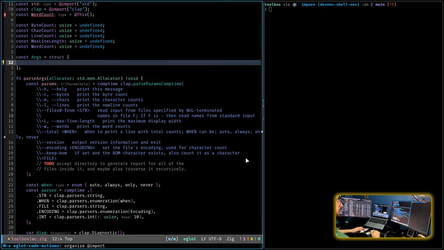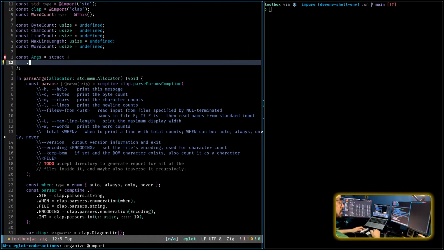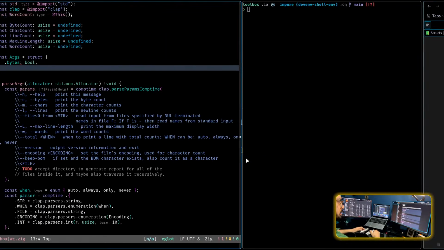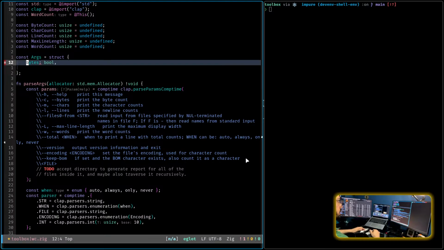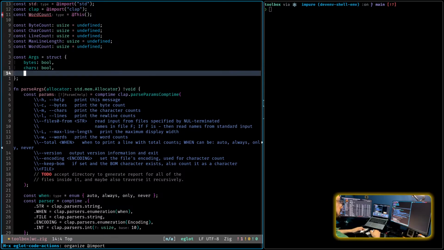Okay. So here it would be byte spool. Actually, there shouldn't be a dot. Byte spool, char spool, line spool,